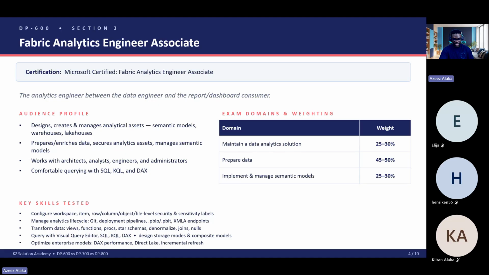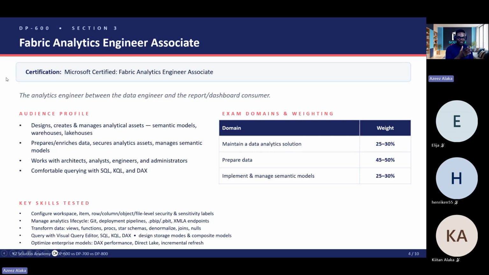When you want to register, it's going to ask you, where are you located? Where is your region? So it's going to tell you, okay, these are the exam centers in your region, in your radar, and you can pick any one of them. Once you pick it, you pick the time that is comfortable for you, and you go there to write your exam. Okay, but make sure you prepare well.